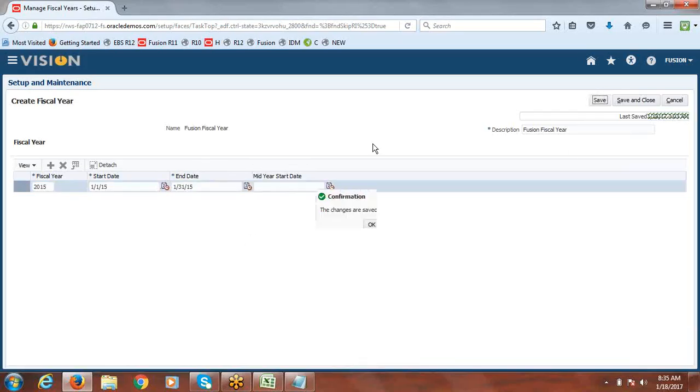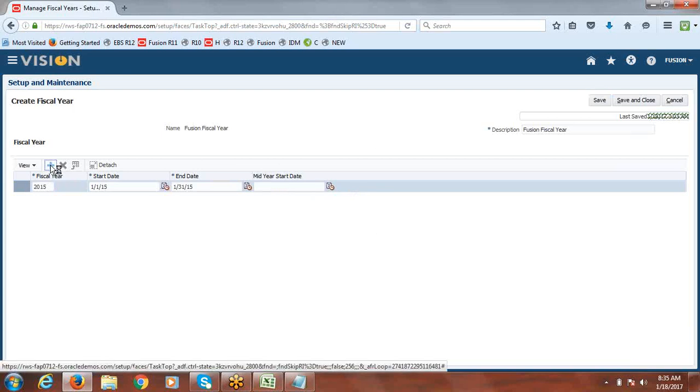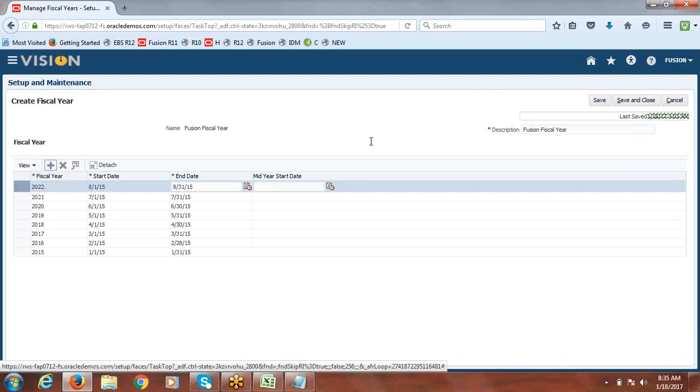Just save it. After saving this record, just click on add row. This is how you can add years automatically. In the case of EBS, we save one record and use the down arrow, and it will auto create. But here you have to hit this add new row icon, the plus icon button. That's it. This is how you can just click on it, and it will generate the physical years automatically. Done. This is enough.